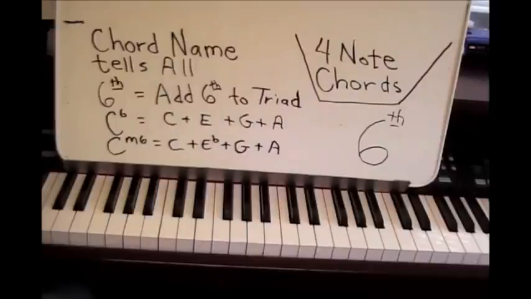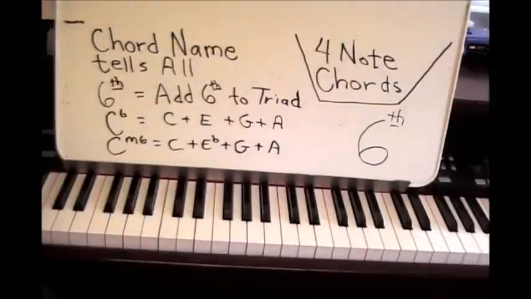We're finally moving on from 3-note chords, and it won't surprise you to learn the next step is 4-note chords. 4-note chords, just what the name implies, they're chords made up of 4 notes. Up till now we've been making our chords with 3 notes. So all we're going to do is add one more note. The easiest 4-note chord to start with is the 6th, so we're going to learn in this video how to build 6th chords. With these 4-note chords, the chord name that we call it will tell you how to build